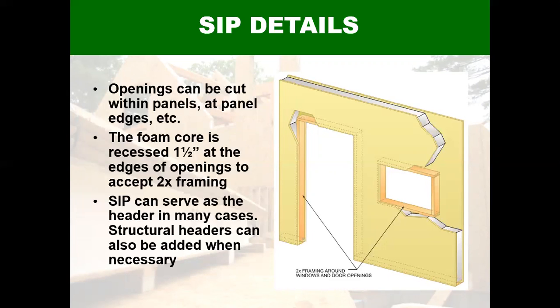The SIPs are pretty strong, and they're really good at resisting axial loads. So a lot of times what this illustration shows is what we call in the industry a punch out. So we can just punch a hole in the panel for doors and window openings, and the SIP panel that's above those openings, depending on how wide the opening is and how much you have between the header and the bearing point for the roof, it'll pretty much be strong enough to handle the uniform load that's coming